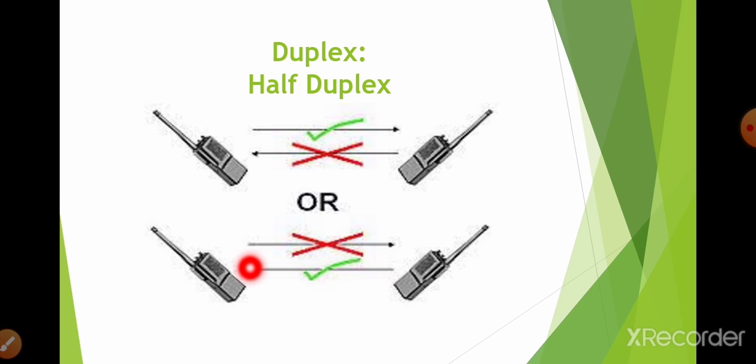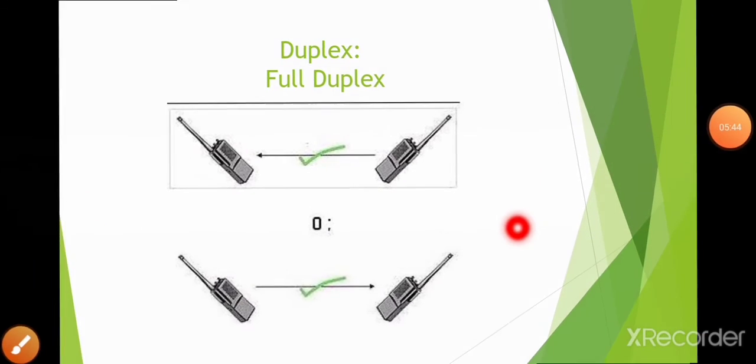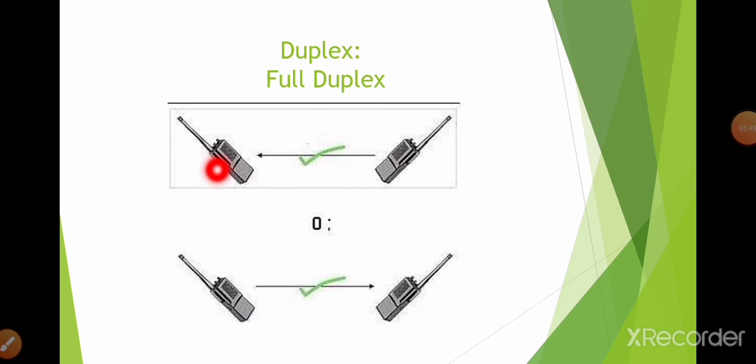Hence, duplex communication system means data can be transmitted in both directions but not simultaneously. Hence, it is known as half duplex communication system. Now, let us move towards the full duplex communication system. Full duplex communication system means data can be transmitted in both directions simultaneously. The best example is mobile communication, in which data can be transmitted and at the same time received. This takes place in both directions, hence it is known as full duplex communication system.